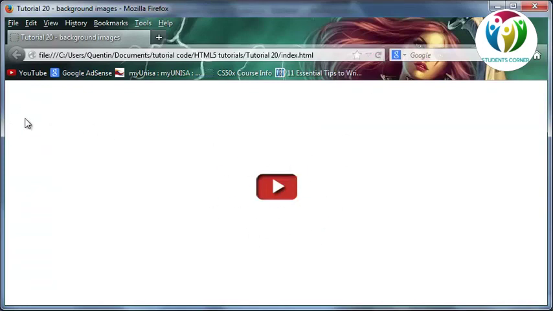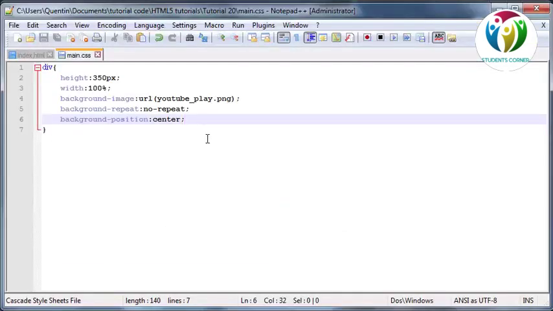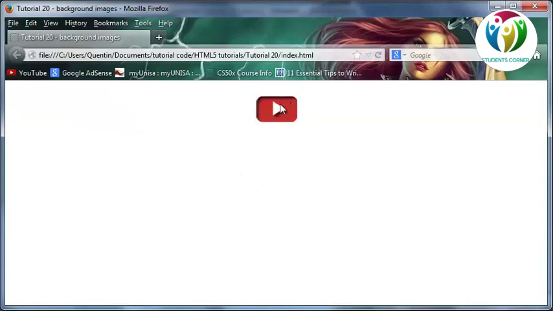So by default it was top left. Now it's in the center. We can also set this equal to center top, and that would make it appear in the center at the top. Then we've also got right top. By default it was left top. We've got center. Then we've got